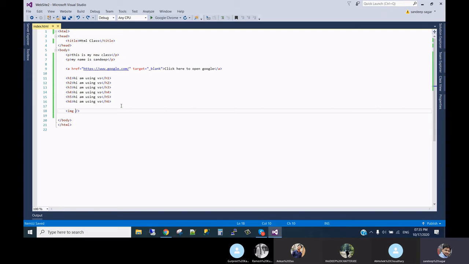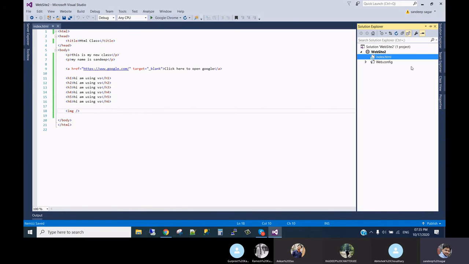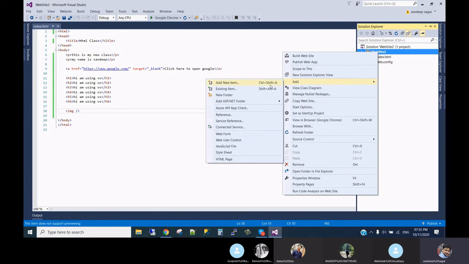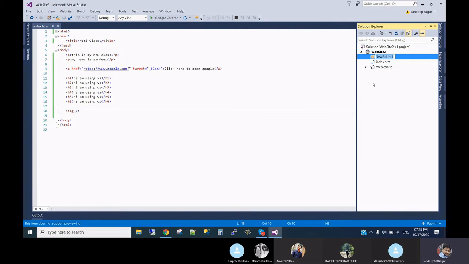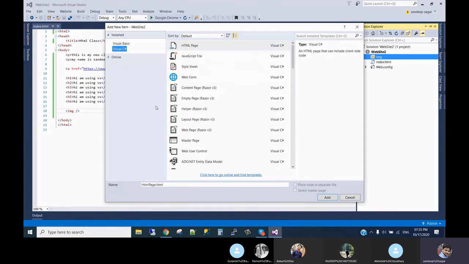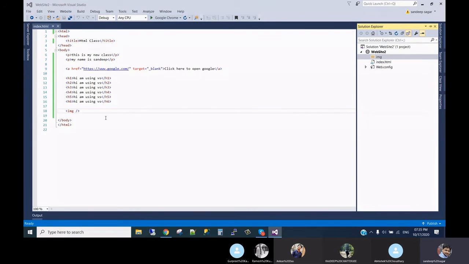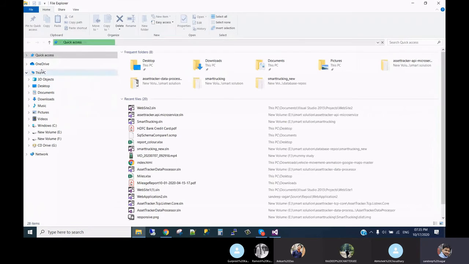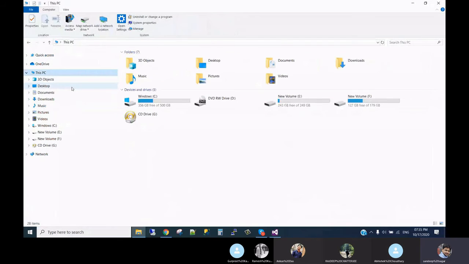So let me show you from our project only. Okay, so here this is the project. We can make a folder so that all our images stay in one folder, and we can call it img, no problem with that. And we can add an image. We can add some new item from the browse, or we can directly copy paste it into this folder, or wherever we have kept this project, we can keep it there only.